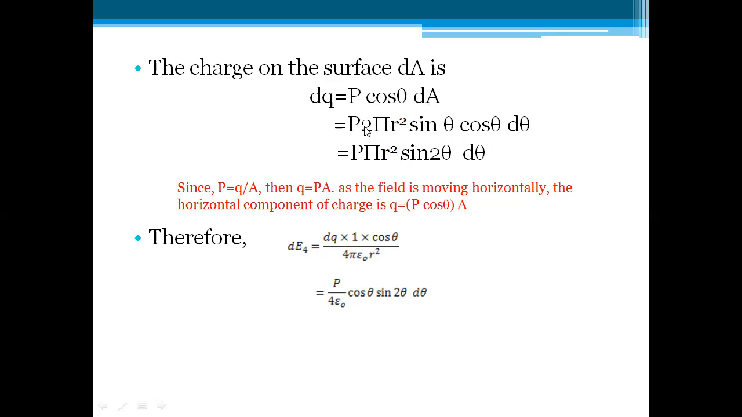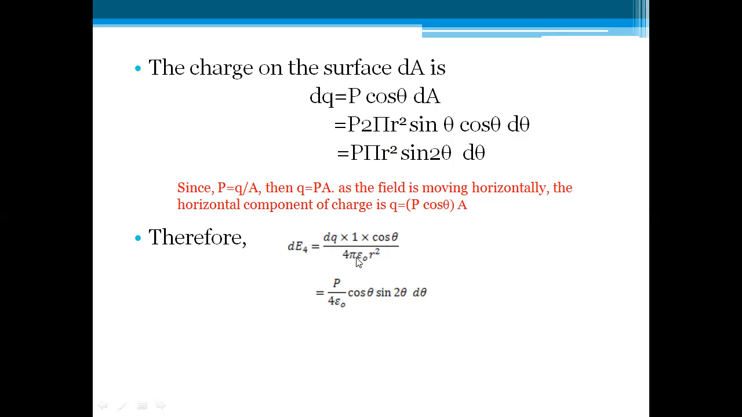So by using this, 2 sine theta d theta is the formula for sine 2 theta. So pi r square sine 2 theta d theta. This is nothing but, like, p is equal to q by a, just replacements. What I had told you, q is equal to p into a, the horizontal component. q is equal to p cos theta into a. Therefore, if you want to find out the electric field, the formula is dq by